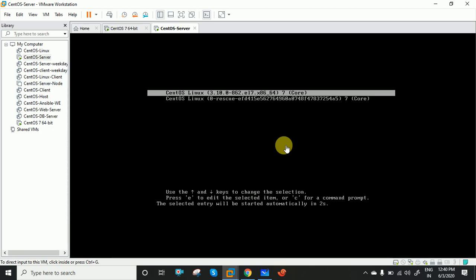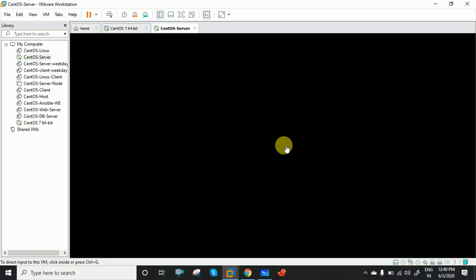Right, so this one is the concept, and it will start your operating system. It will start your Linux based operating system on top of the Windows environment. So how it works, we are going to see now.